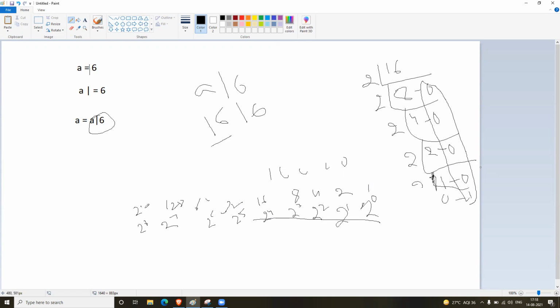So you divide your value in this range. So I got 16.